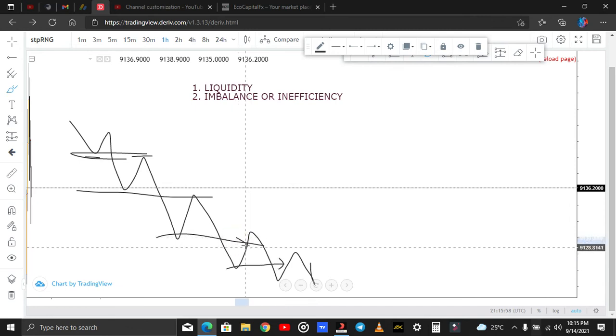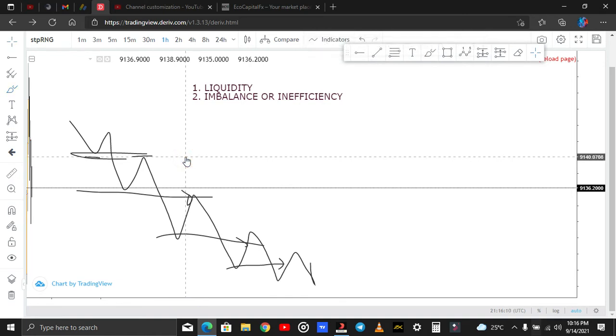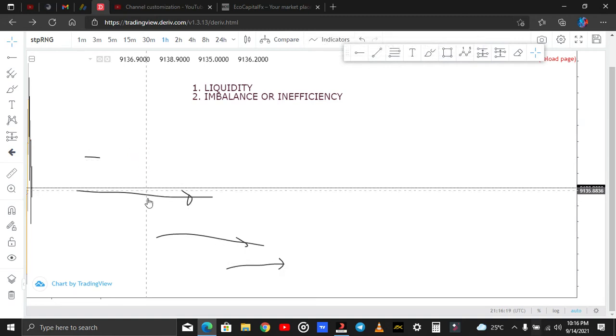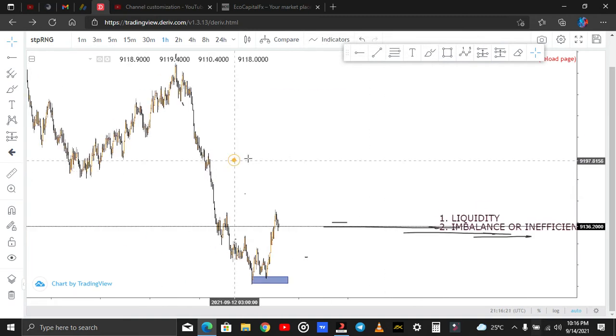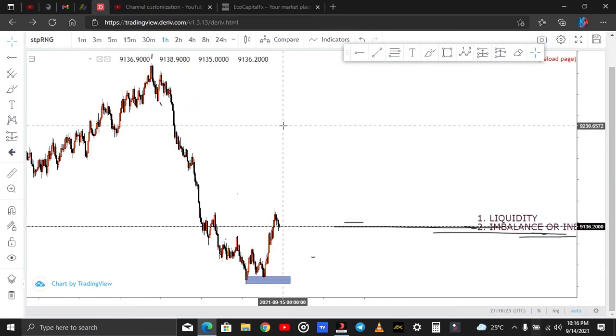So hope you understand these things. They are very simple, okay, but I just try and make them very easy. I am explaining them in a layman's way, so you can just understand them very well. All right, so we'll be moving to chart examples. Let me show you what inefficiency means. Let me show you from chart examples.